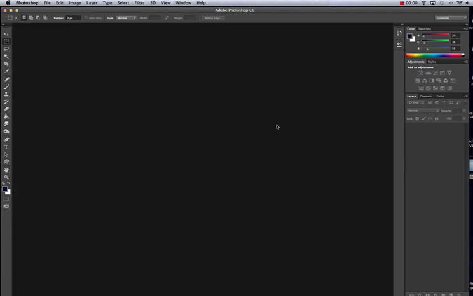Okay, in this tutorial we're going to be using a photo to change the sky in a photo. We're going to call this a photo composite or montage. Composite's kind of taking two photos and composing them together. So the first thing we're going to do is we're going to go to